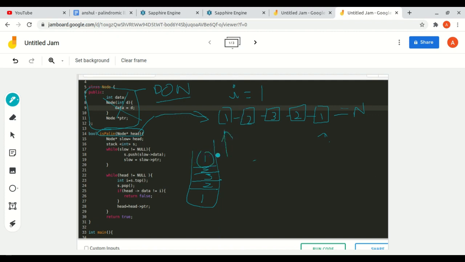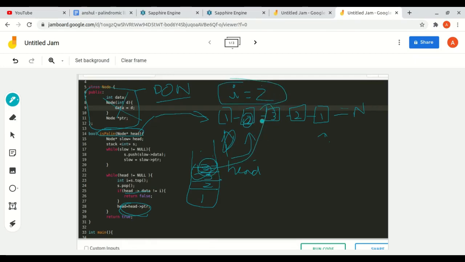Okay, now this is head. Now we will pop this in the next iteration, and I will become 2 because head now points to 2. We increment this head, see here, and the topmost element is 2 also. So we compare head data, that means I, with the topmost element.